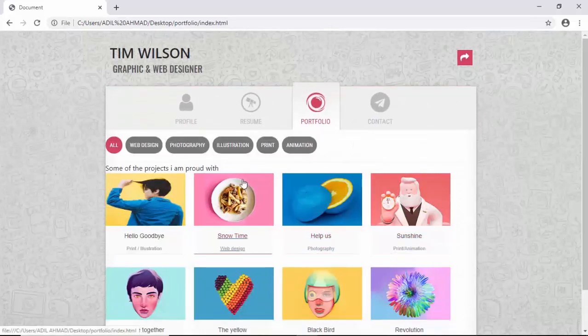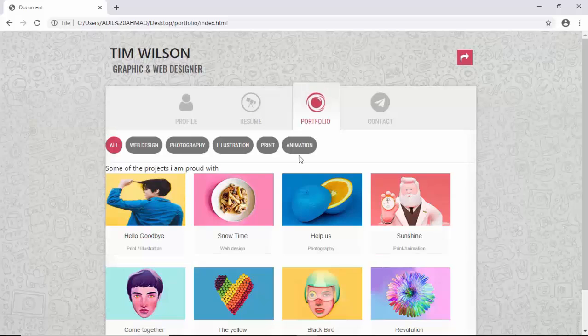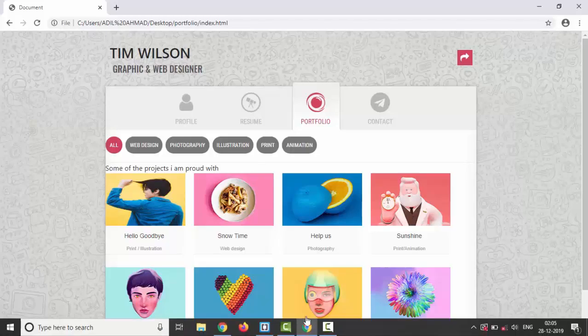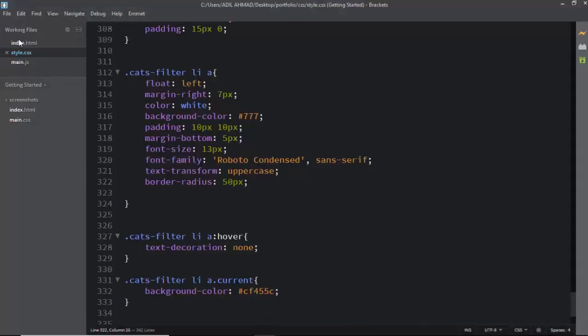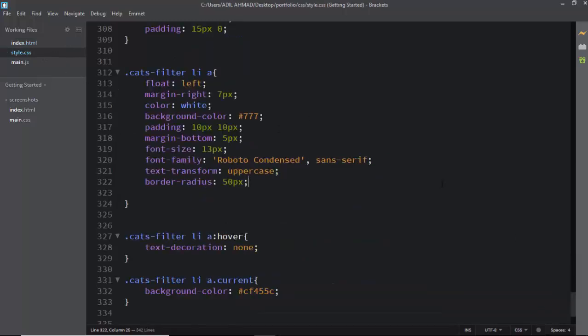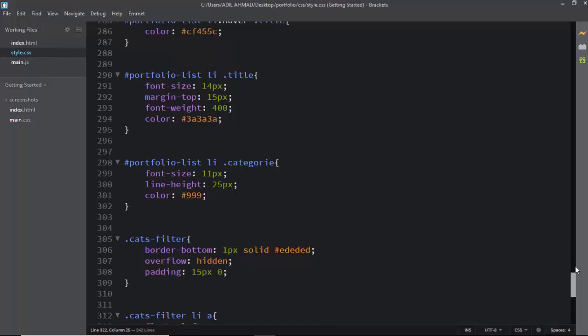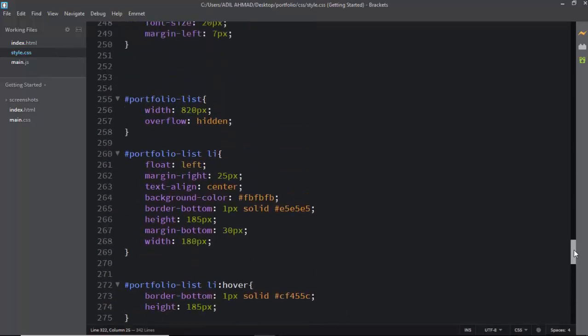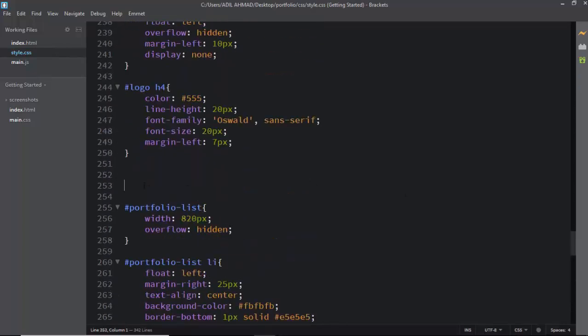As you can see, we are not getting any margin on this side, but on this side we are getting too much margin. So we have to align, or we have to put some padding to this section. So very first, you can see we have the main ID called portfolio. This is containing all the elements. So very first, coming to the style.css and going at the top there, I am calling the main ID, that is portfolio. So just mentioning here portfolio,